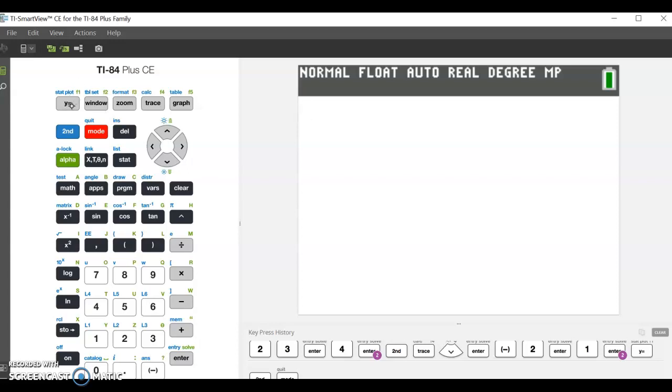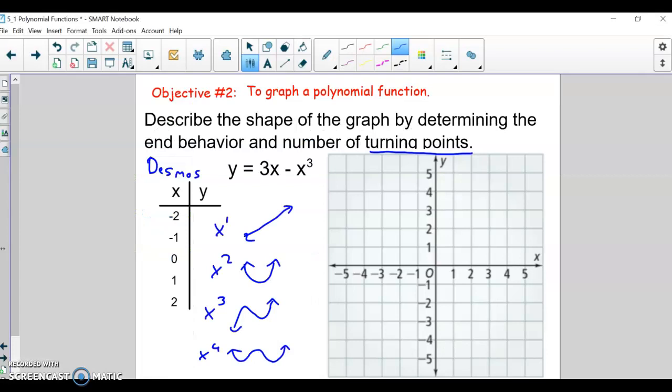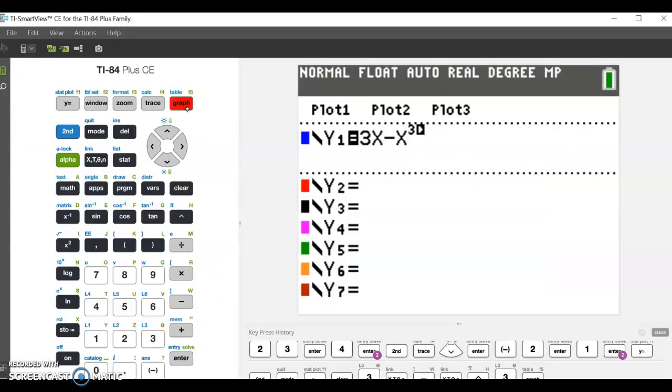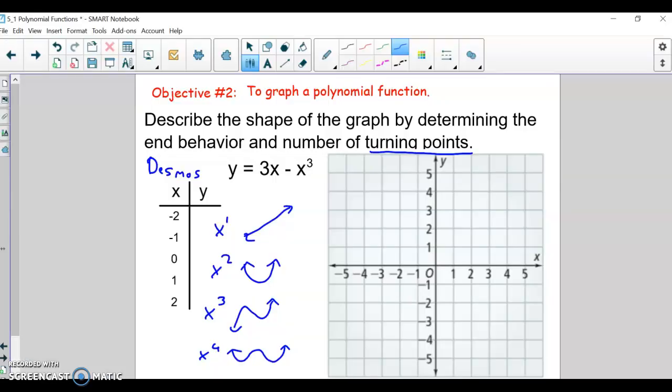Mr. Calculator or Mrs. Calculator and go to y equals here, clear anything out, and I'm just going to type 3x minus x little hat thing right here to get an exponent of 3. Make sure I got the right one, and then I'm just going to hit graph. Okay, and all I'm going to do is sketch that picture. Okay, so it's going to be going through 0, 0,